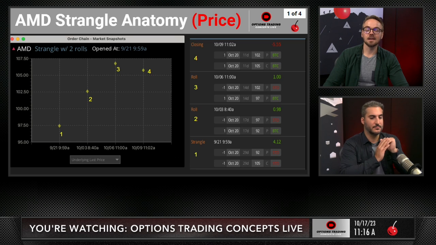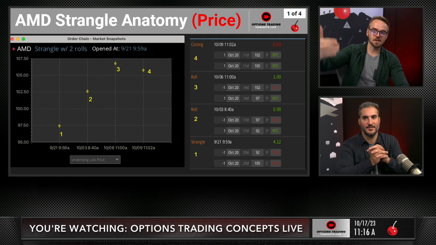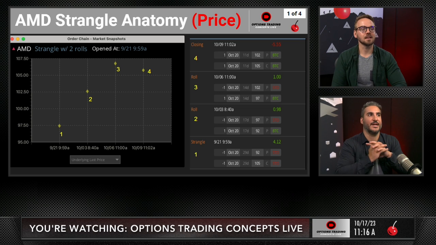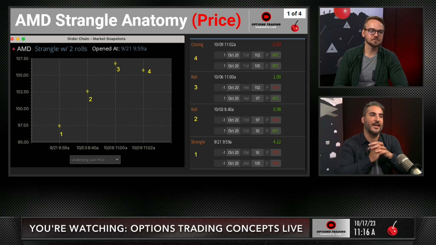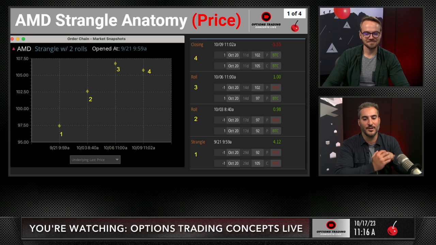And it's a little bit of a different view. We did this on the last one. I kind of like this view. Yeah. Well, we've shown this before, but we're moving towards showing the order chains feature with the market snapshot, as opposed to the customized table that we normally have. Yeah, the customized table, too much going on. It's too wordy. So this one I think fits it better. Yeah. All right,